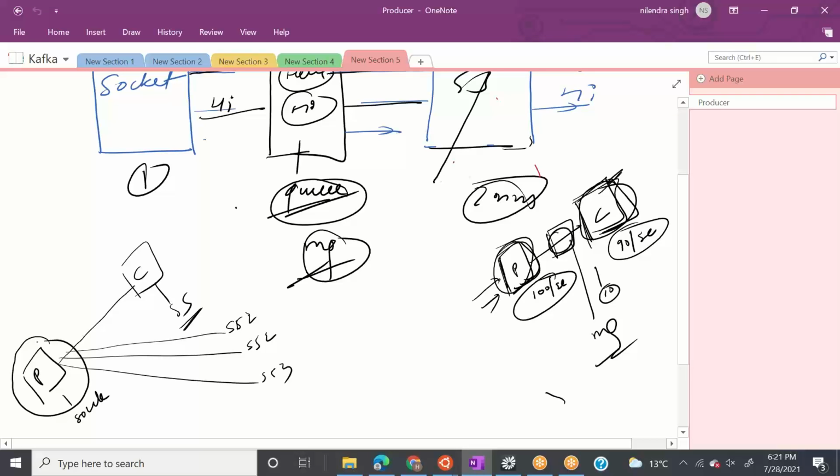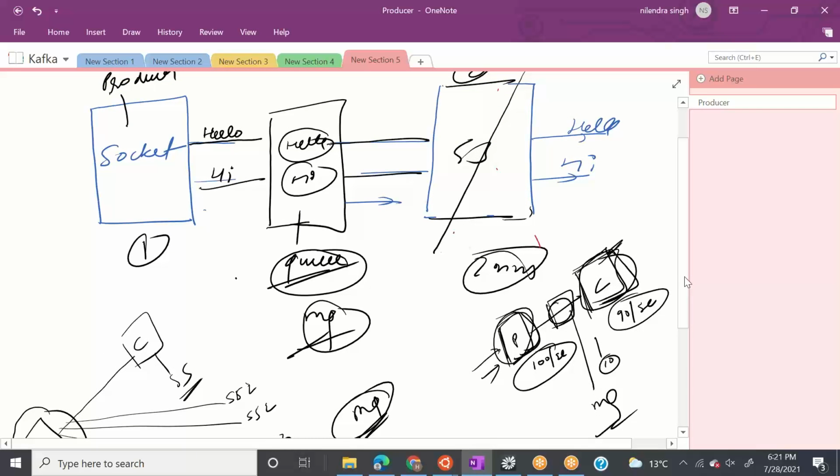So now we came to know that we want something in between our producing application and consuming application. That something is called a messaging queue. A messaging queue is a system sitting between our producer and consumer which has the capability to store messages in queues, and our consumer can read the messages from the queues. So the producer will put the message in the queue and the consumer will read the message from the queue. And this is your messaging queue, simple. So we now know that we need something in between for sure. One-to-one connectivity between producer and consumer is not a feasible or viable solution, okay?